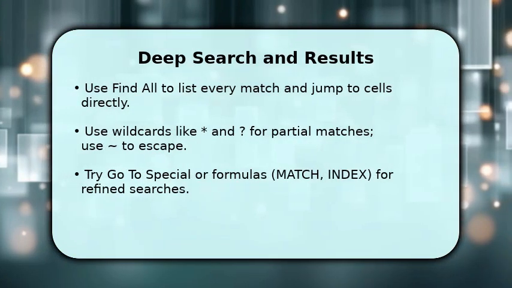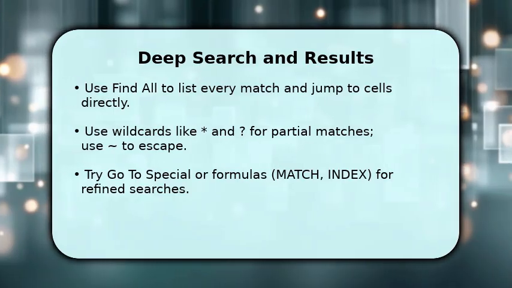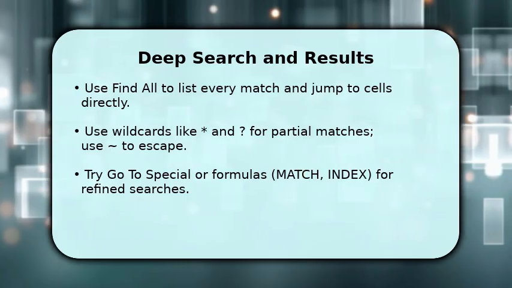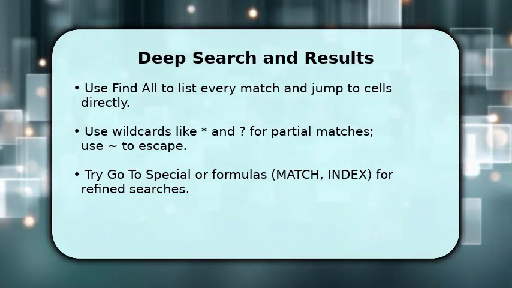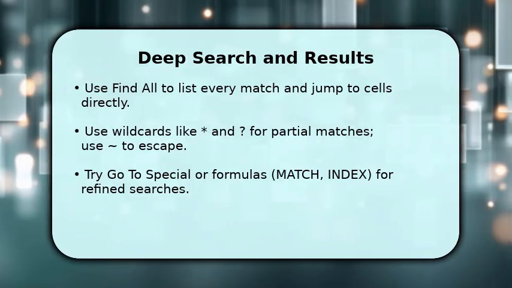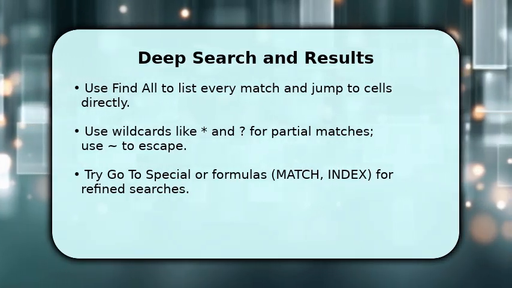Once you have the basic settings, click Find All to produce a searchable list of every match with cell addresses. You can Control plus click multiple results and jump between them. For flexible queries, use wildcards: asterisk for any string, question mark for single characters, and escape with tilde when searching for